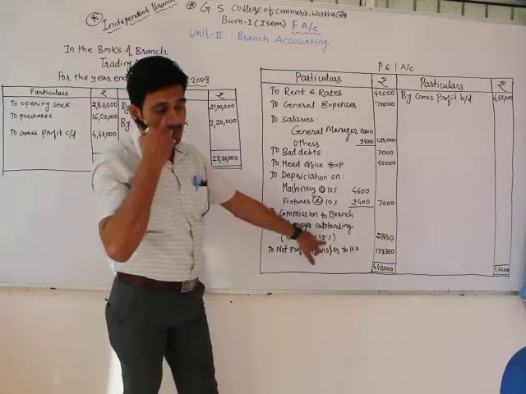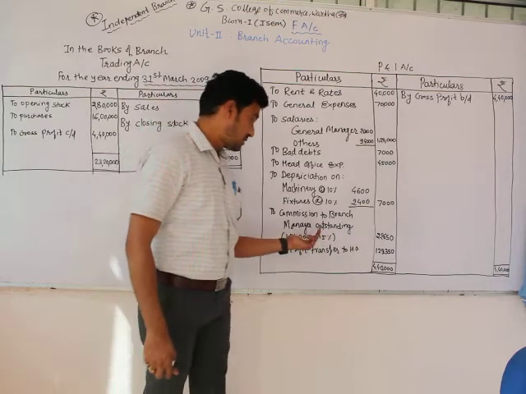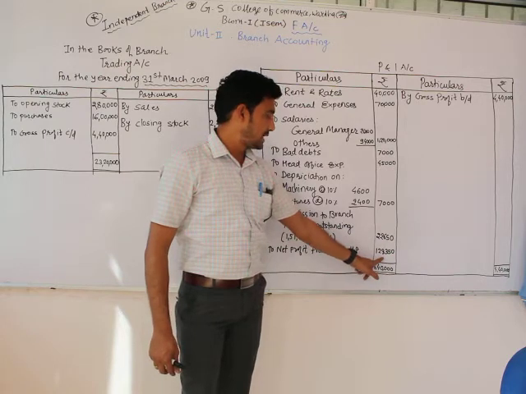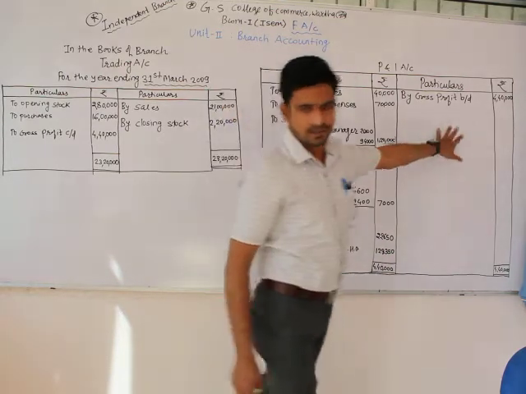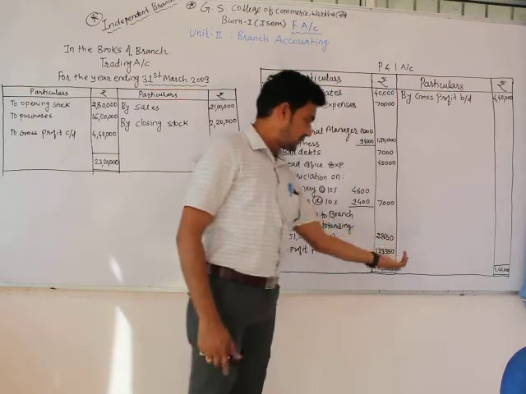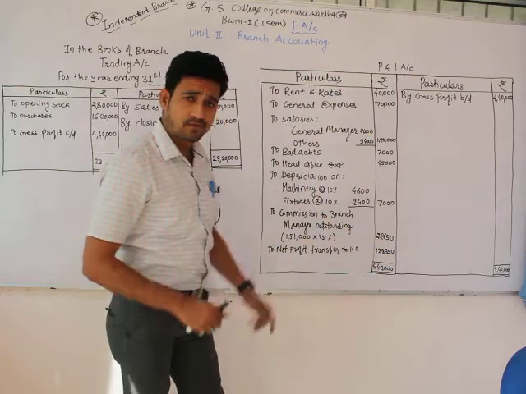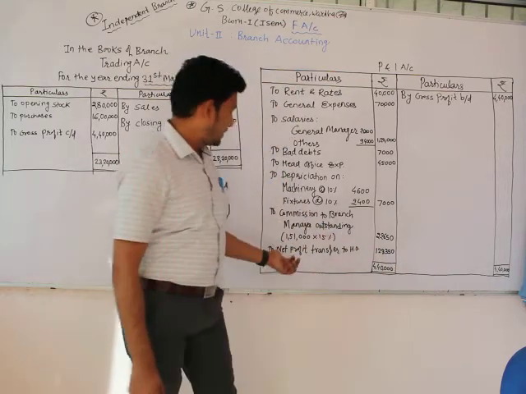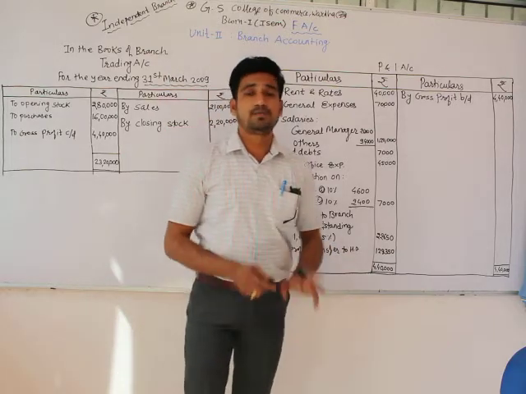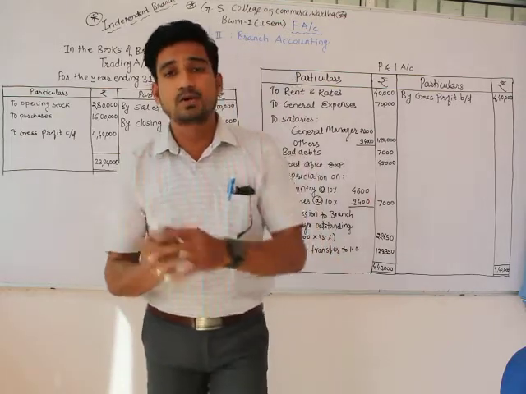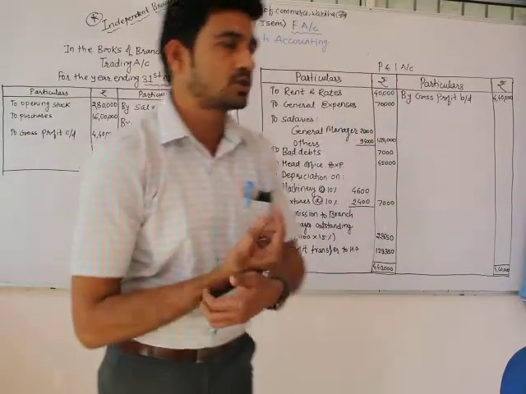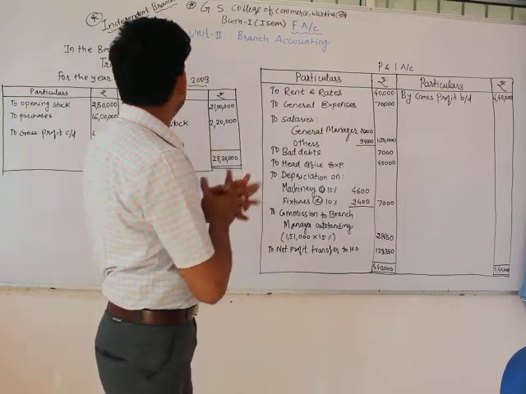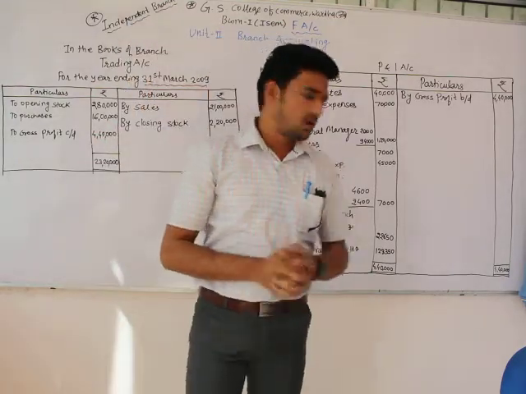Then you have to apply the formula, charging at the rate of 15%. We will get a commission of 22,650. And then there is a difference of 1,28,350 because there is nothing to write on this side. The profit and loss account gets balanced at 4,40,000, and the difference is now 1,28,350. Ultimately, this is a net profit which is going to be transferred to head office if it is being mentioned in the statute of that particular head office or branch offices. So this is a simple way of solving independent account of independent branch.